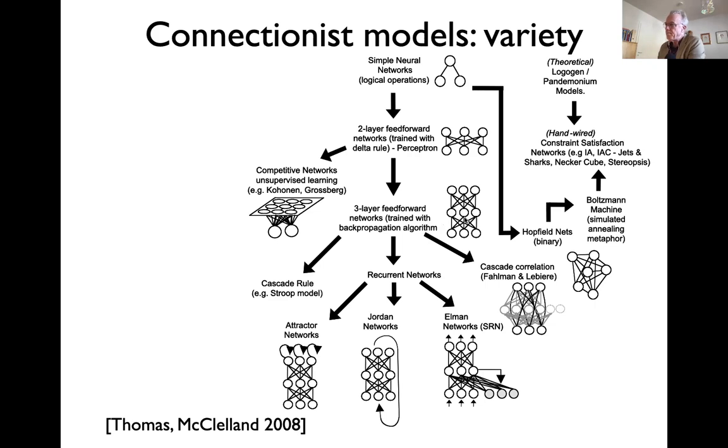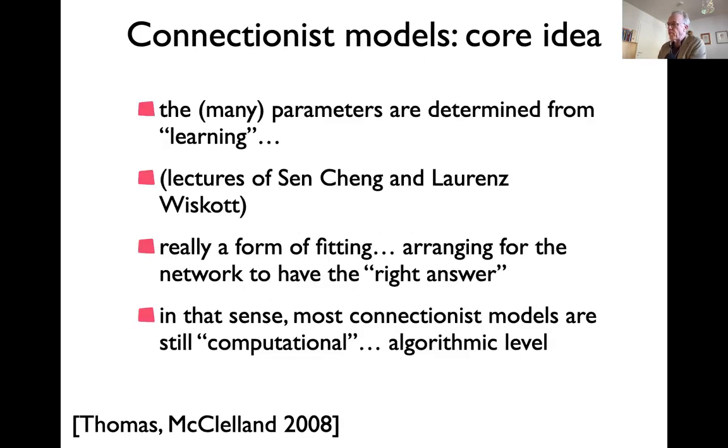And there are other differences that have to do with how you fix the connections. So learning means that you have some algorithm of how you fix the connections. That's what used to be called fitting in mathematical psychology, or would be optimization in these computational approaches. And connectionists often call this learning, even though it actually does take the form of fitting. I'm not going to go into that deeply here. You will have lectures by Zhencheng and Lawrence Wiskott, especially Zhencheng will be talking about learning, and Lawrence Wiskott will also talk a little bit about that.